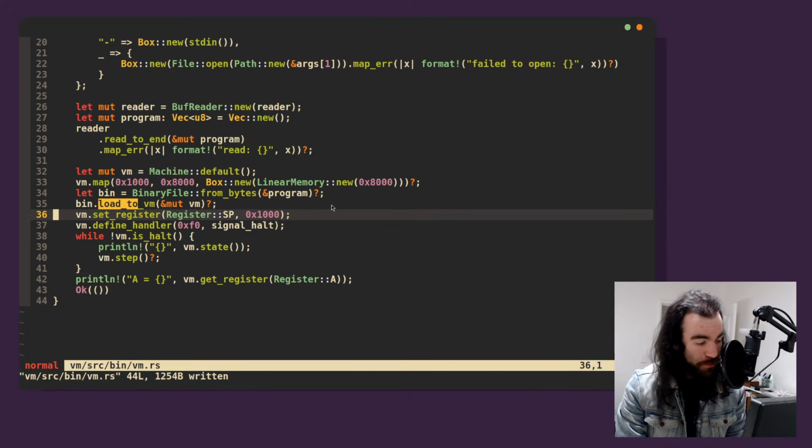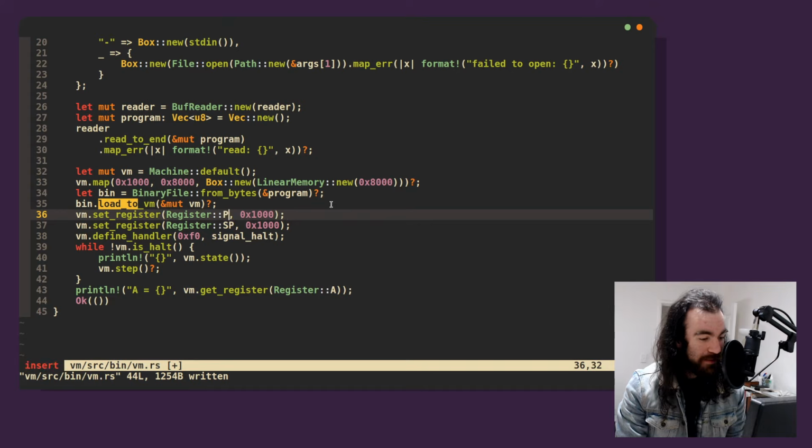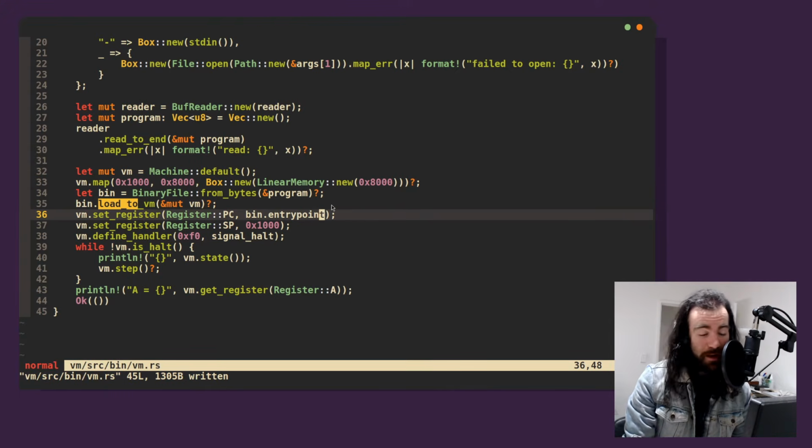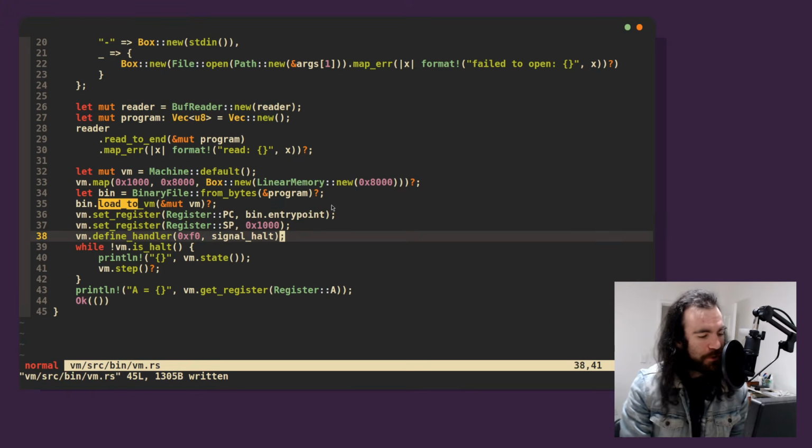And we also want to manually set the program counter to the bin entry point, right? We want to manually set this up. The entry point's 0 right now, but it might not always be. Cool, so